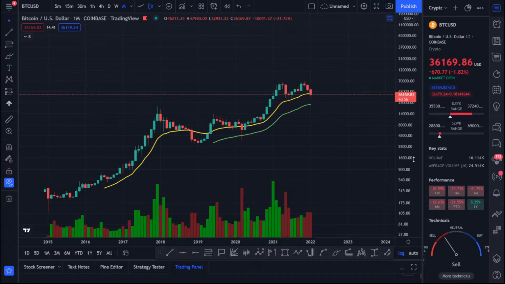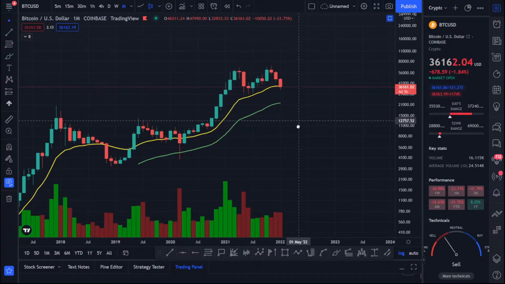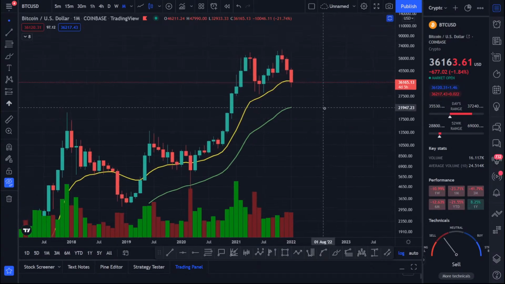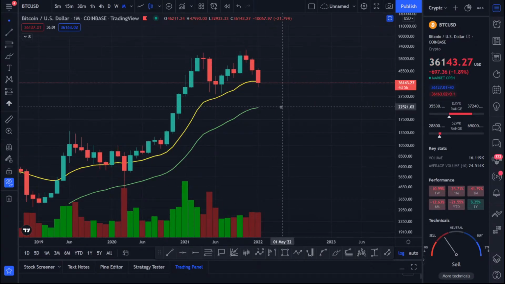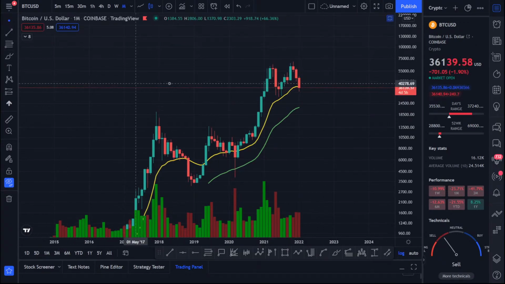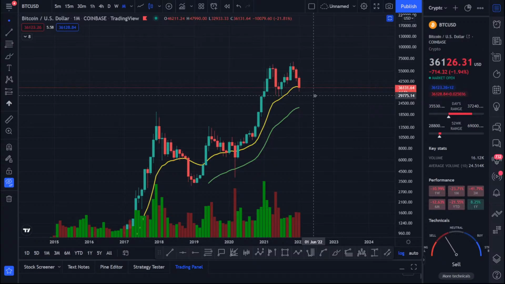makes all-time highs. Okay, now if you take a look at what's going on right now, as the price went up, it came down, found some support at the 20 moving average. Then the price went up, then it came down, and you can see it's right on the 20 moving average right now. And you can see where the 55 moving average is. It's at 22,500. Okay, so if you were to see Bitcoin break this level over here, which sits at about 30,000, the best bottom is 28,000, right on this candle actually, 28,000. Okay, if you see Bitcoin break this level,